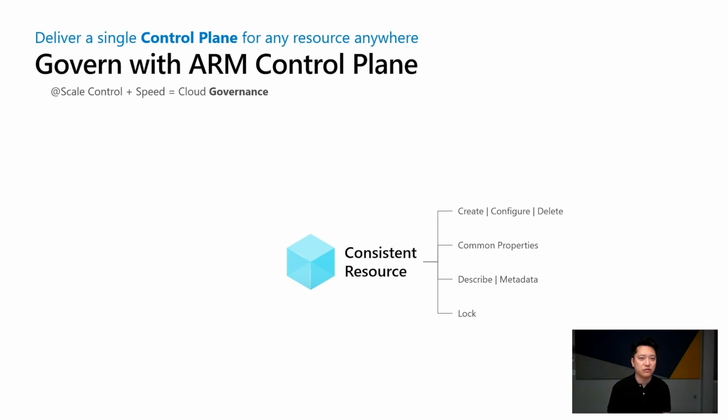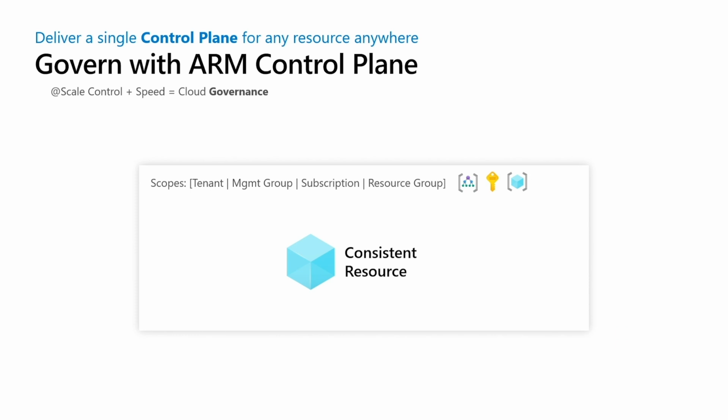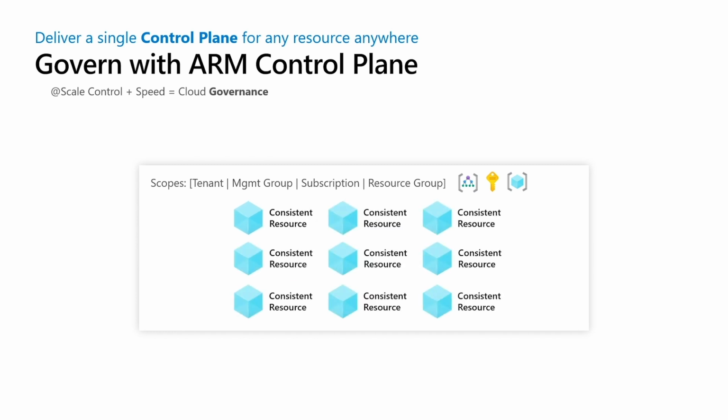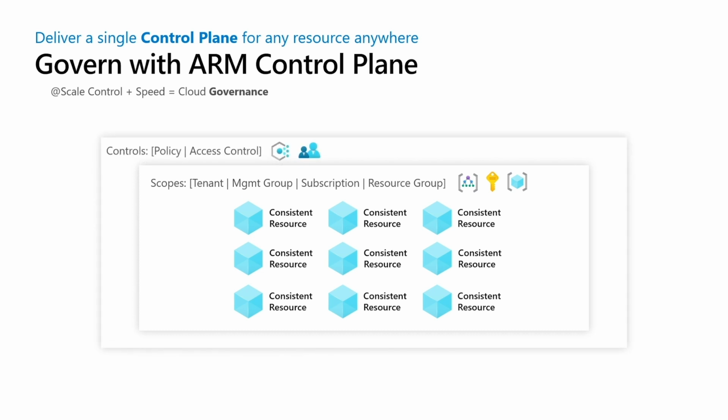The other major factor is the concept of a consistent scope and hierarchy for these resources. I'm talking about resource groups, subscriptions, management groups, and tenants. All resources within Azure must exist under one of these scopes. This allows a consistent way in which you can assign control at scale, in the form of policy for resource configurations, or in the form of roles for resource access. And it also allows a consistent way to track and index your inventory of resources. Without consistent scope and resources, this would not be possible at all.